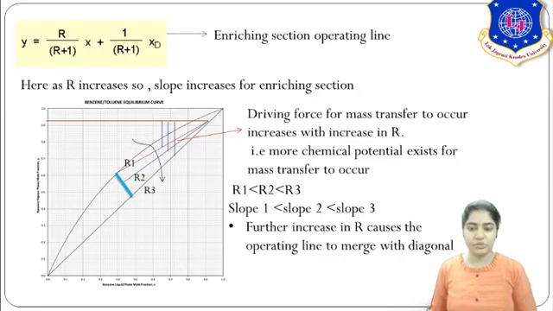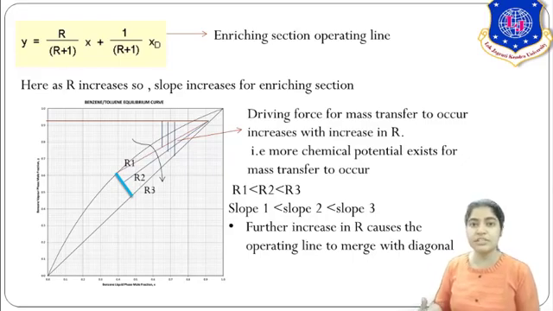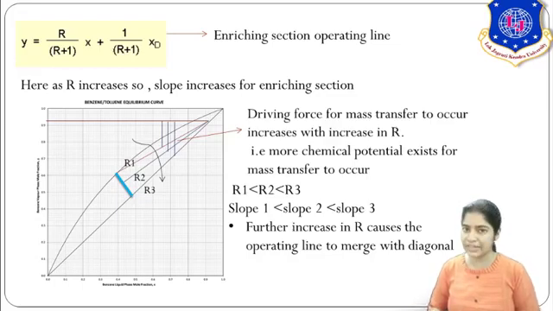Now, conceptually, on your graph, when you take out the number of stages, you need to have the operating line of the enriching section and stripping section. Here, how does reflux ratio increase the concentration? Let's see. As you increase the reflux ratio, it means you are increasing your driving force for mass transfer. There is more scope of separation possible from liquid to vapor phase if you are increasing your reflux ratio. At the end, what we are trying to do by providing reflux is to create as much contact as possible between liquid and vapor.